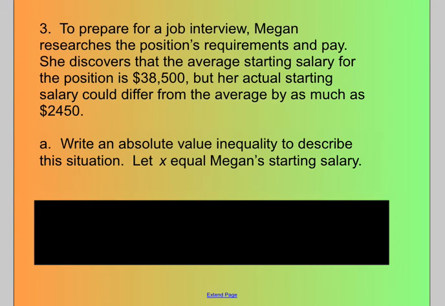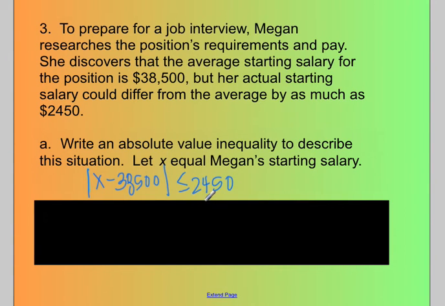Okay. Well, what it's saying is Megan's starting salary could go plus or minus $2,450. So Megan's starting salary is X. And if we want to know how far away her actual salary is from $38,500, I'm going to subtract $38,500. Okay, so this will tell me how far away her salary is from that, and it could differ as much, but it's not going to be any bigger. So this has to be less than or equal to